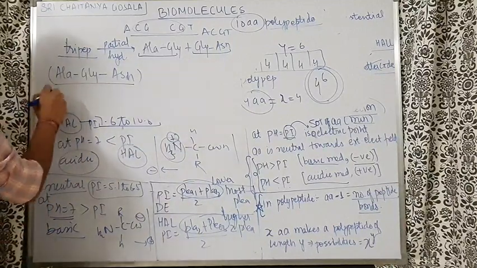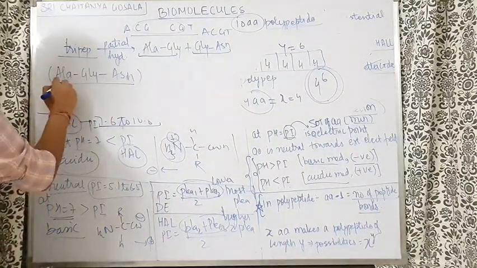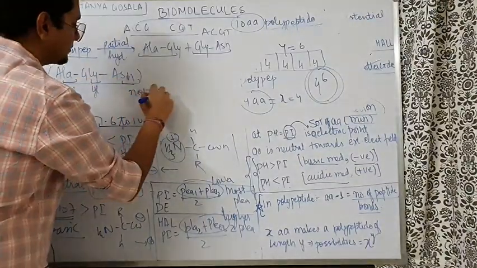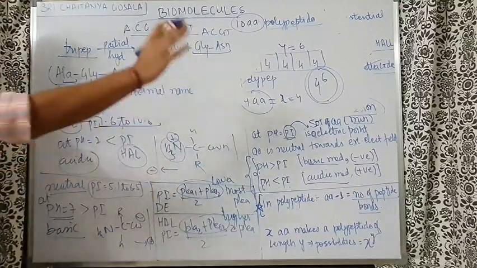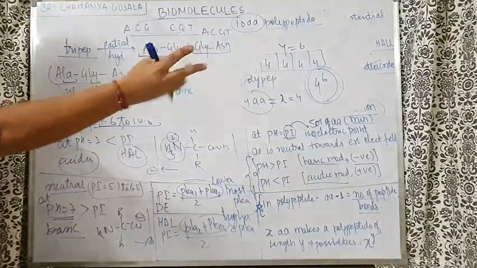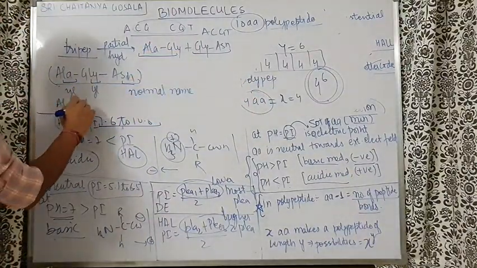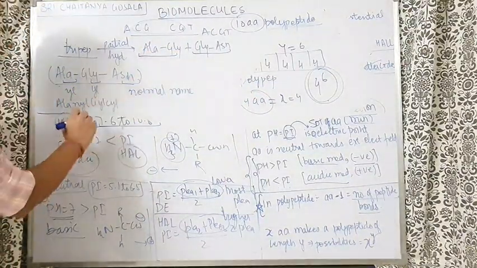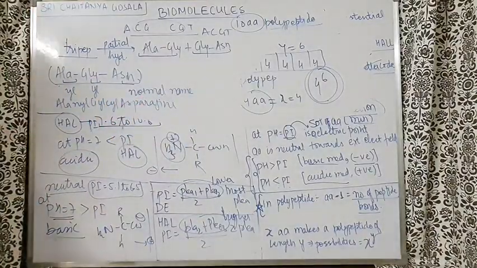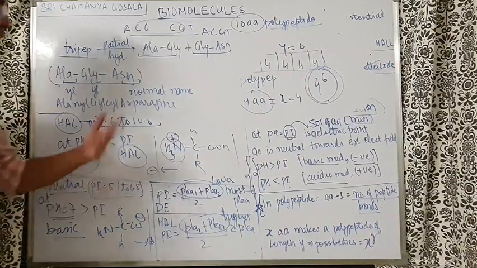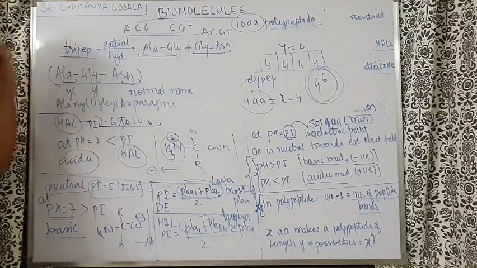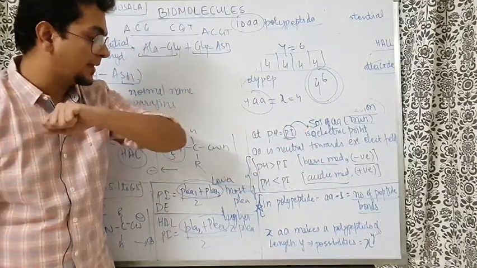Another thing, how to name it? Simple. First amino acid, aryl form. Second, aryl form. Third, normal name. That means if you have a long chain, all of them take the aryl form, and the last amino acid is named as normal. So this is alanyl, glycyl, asparagine. As simple as that. Which kind of bonding is there between them? Peptide bond. It is an amide linkage known as peptide linkage, and we can find how many peptide bonds are there.